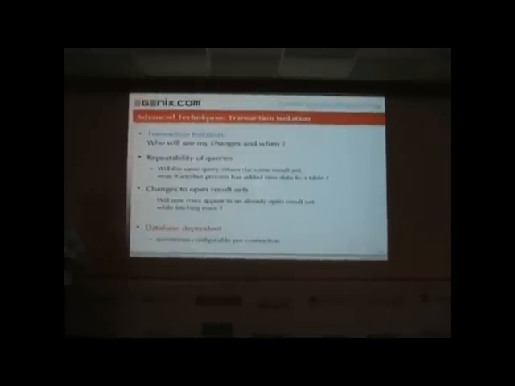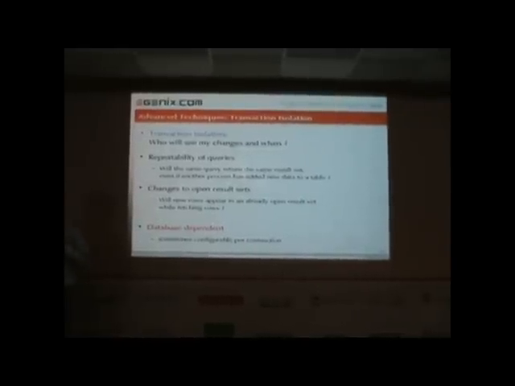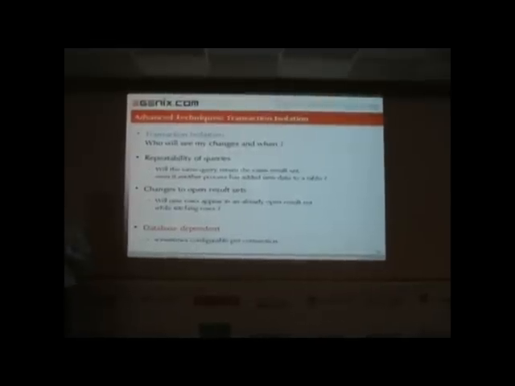One is called transaction isolation. This is about the question, who will see my changes and when? So let's say you have an application that's using multiple processes, or you have multiple users running a client application and talking to a database server. The question then is, if one of these processes talks to the database and, for example, inserts some rows in there, whether the other connected processes and applications will see that change immediately, or whether they will see it only if you do a commit,